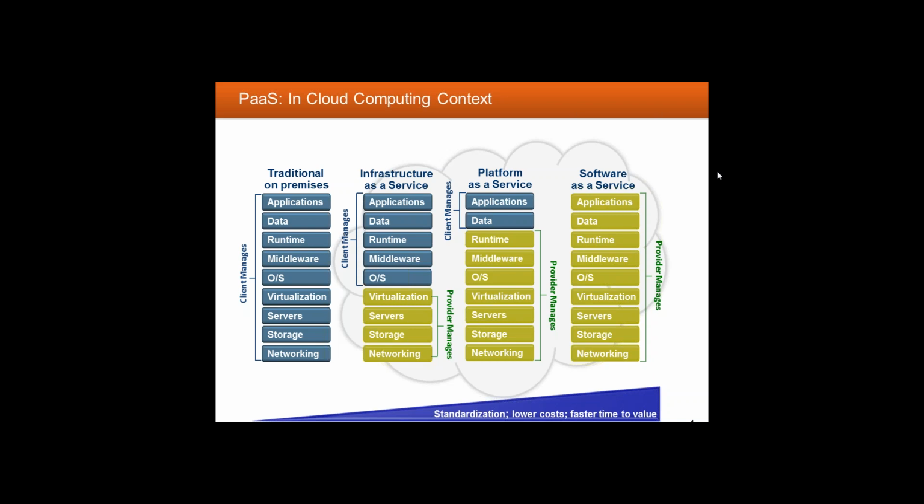Now, when we're looking at cloud computing, the 3 stacks further right, we're looking at effectively getting some or other of those resources provided by a cloud service provider. And there are different styles of cloud computing available in these 3 broad categories of infrastructure as a service, platform as a service, and software as a service.